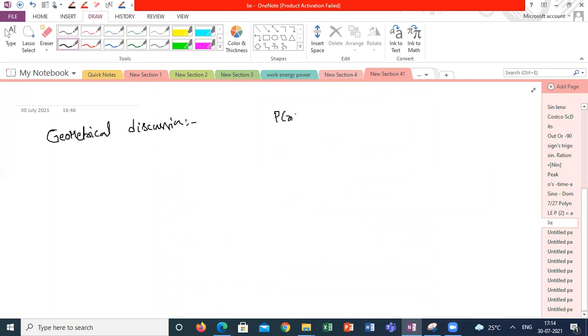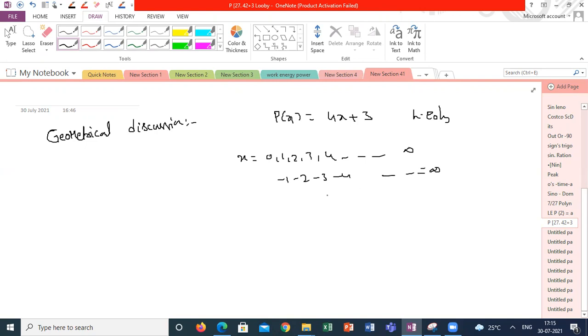Suppose I say p of x is equal to 4x plus 3, it's a linear polynomial. I can take x different values. X is equal to 0, 1, 2, 3, 4, and so on up to infinity. I can take minus 1, minus 2, minus 3, minus 4, and so on, up to minus infinity. If I take p of x on the y-axis, and x on the x-axis,